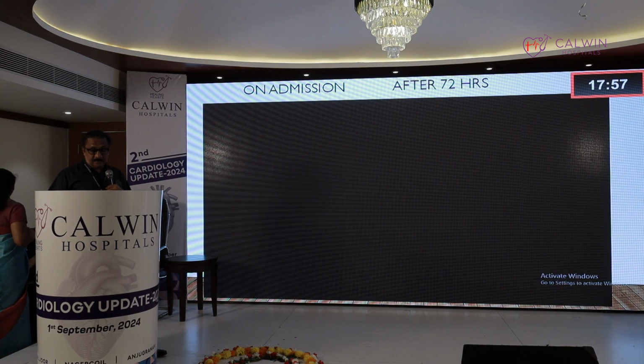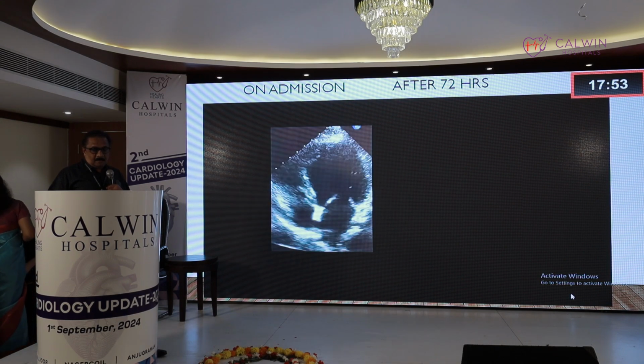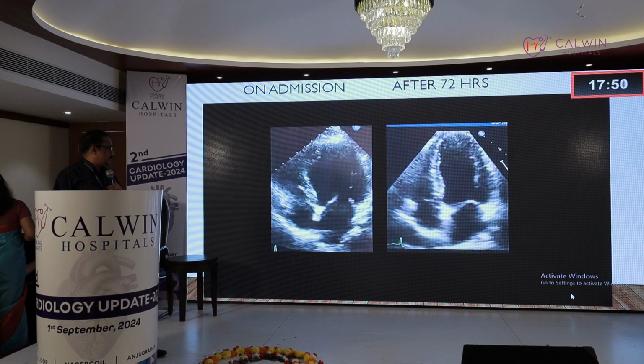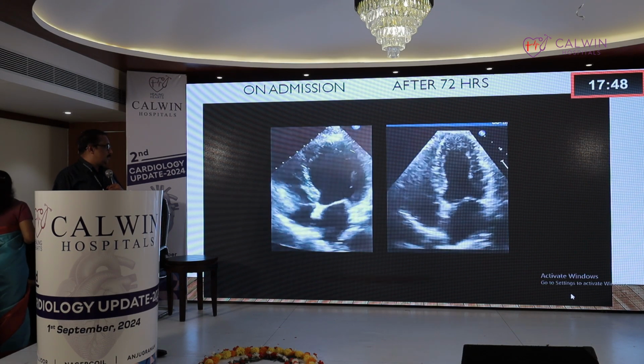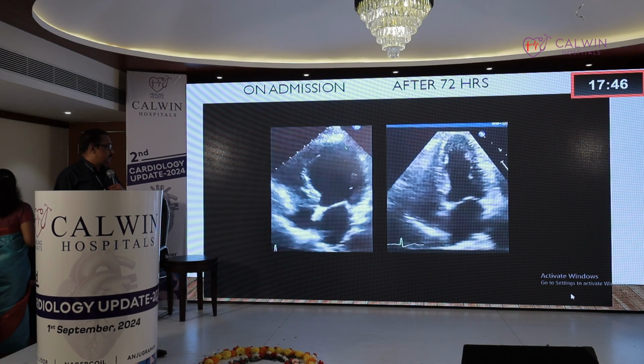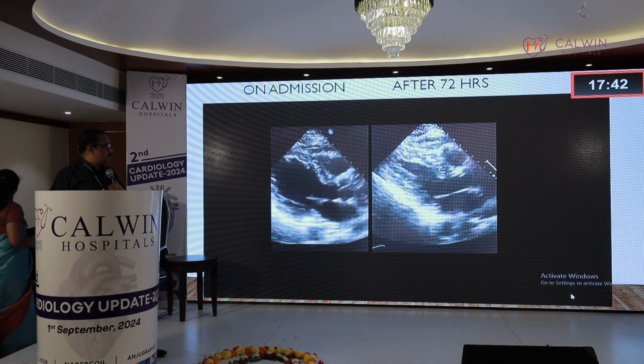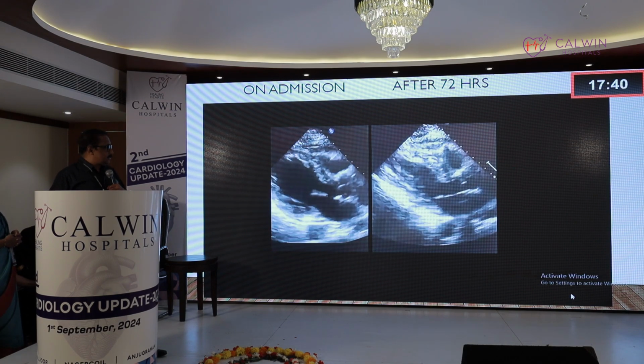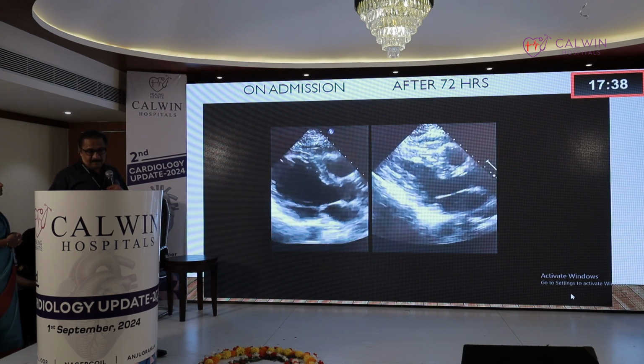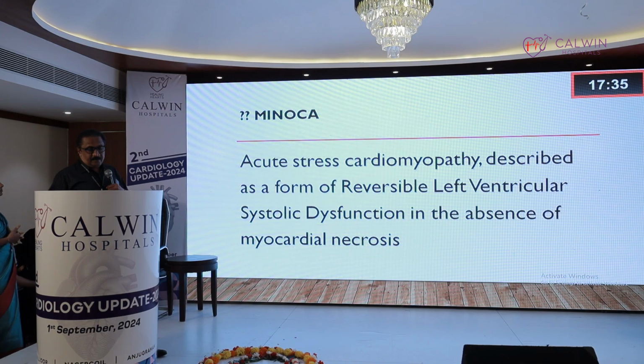And this is the echo of this patient on admission. You can see a picture very similar to the MRI, where the distribution of edema was there, with severe left ventricular dysfunction, and after about 72 hours you can see the improvement in the ventricular function. So here, acute stress cardiomyopathy, reversible left ventricular systolic dysfunction, and there is no documented myocardial necrosis by the